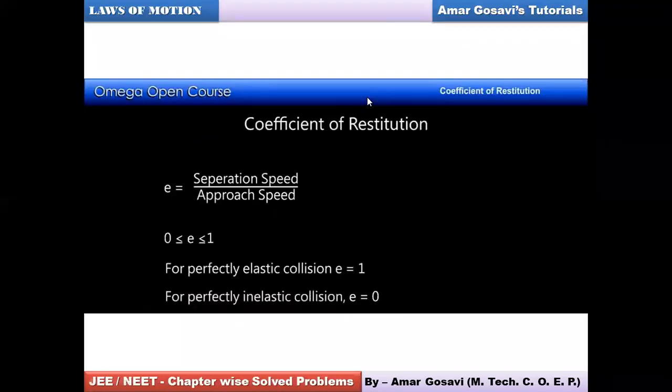That's what I said regarding coefficient of restitution. You all remember, the ratio of separation speed to approach speed is the other way of explaining it. The value of coefficient of restitution will lie between 0 and 1. For a perfectly elastic collision the ratio would be 1, and for a perfectly inelastic collision it will be 0. That means for general collisions this value would vary between 0 and 1. Please make a note of this, friends.